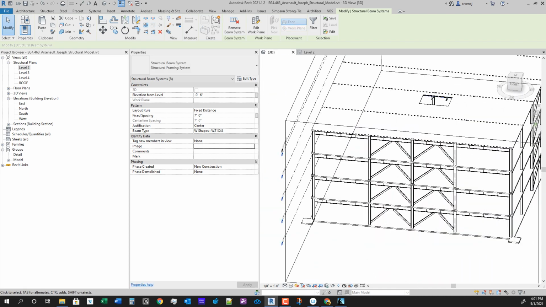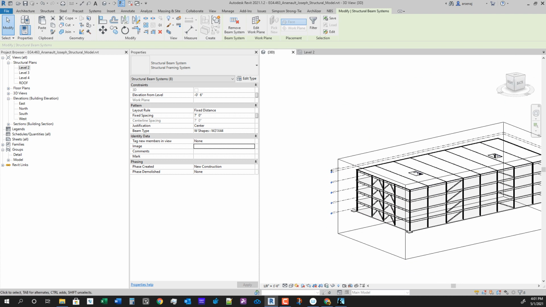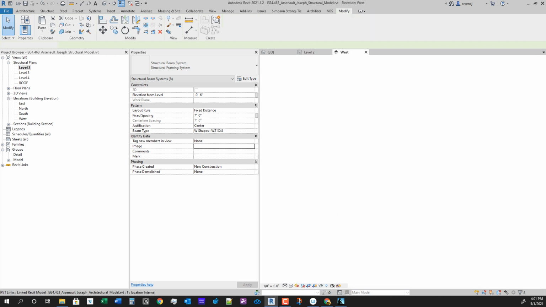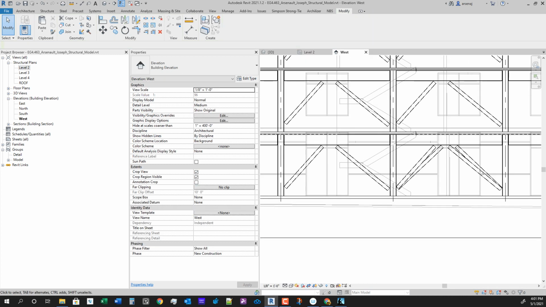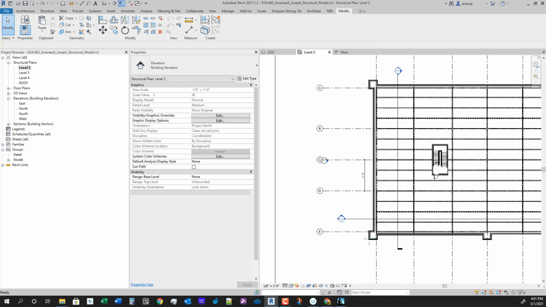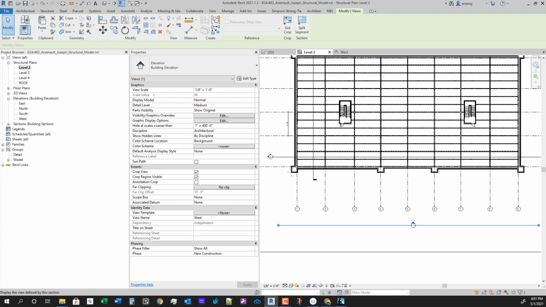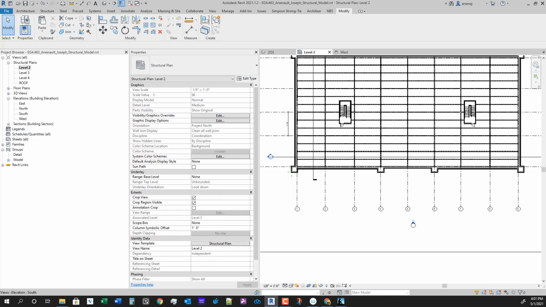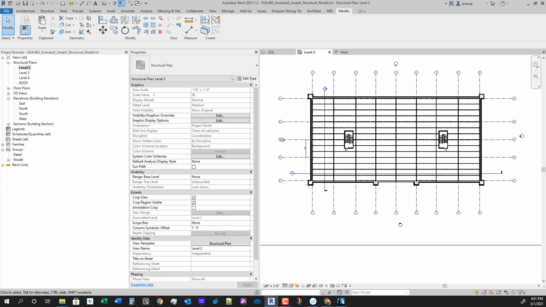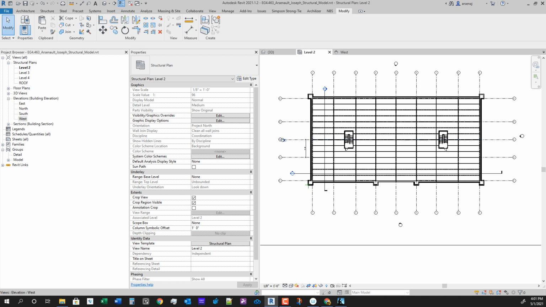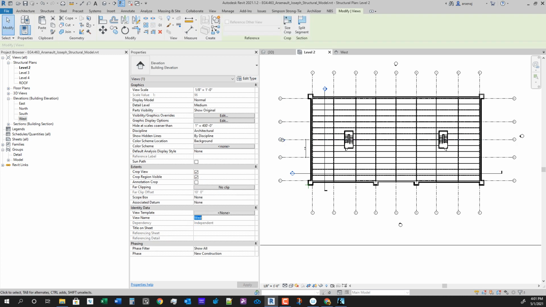And let's go about the business of adjusting our brace frames. So let's go back to level 2. Let's go to our elevation. So I went to the west elevation, which this is actually the north elevation, and this is actually the west elevation. So let's change those while we're here. So this elevation should be north elevation. We'll just call it north elevation so we don't have to worry about,